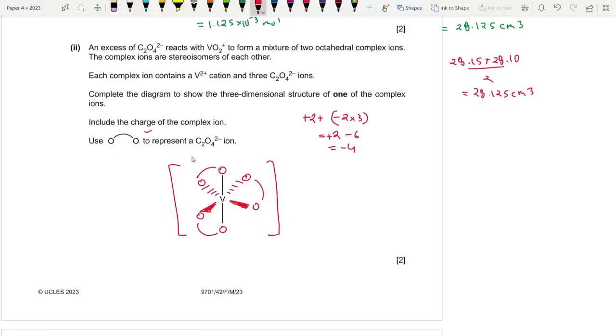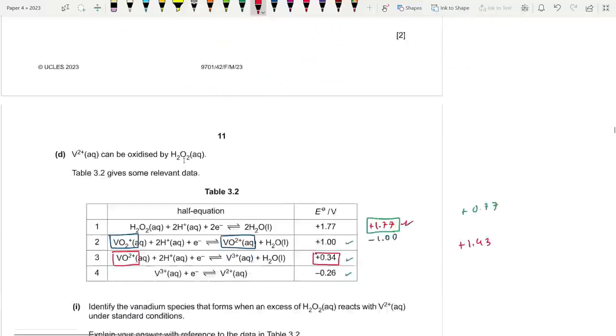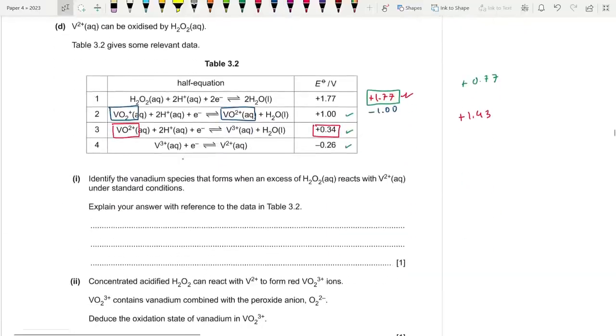So it has a net charge of 4 minus. I just showed you how. Okay, so back to this. So the final product that we'll be getting is in fact this one over here, because all three reactions were feasible. So we are going to write VO2 plus,